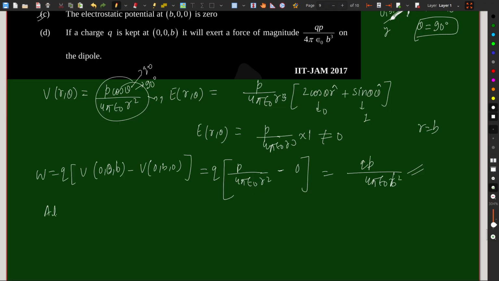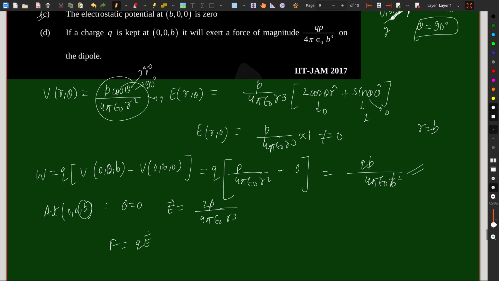So at 0 0 B, theta is 0, because the point is in the z direction and the dipole is also in the z direction, so theta will be 0. Okay, and the electric field: theta is 0, so this component will become 0. So the electric field will be 2p over 4 pi epsilon naught r cube from here, and force is given by